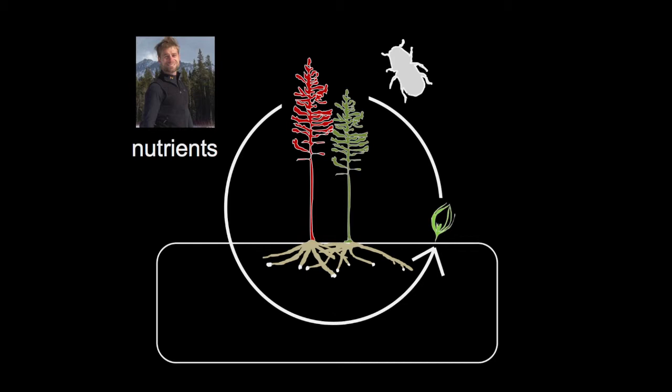And so we have four main objectives in our project. The first objective is to understand the inputs into this box, essentially. So how can we characterize the nutrients coming into this box? What happens when you have an increase in litter deposition, and how does that affect the soil chemistry and the soil nutrients? This is what Paul Sigan is doing.